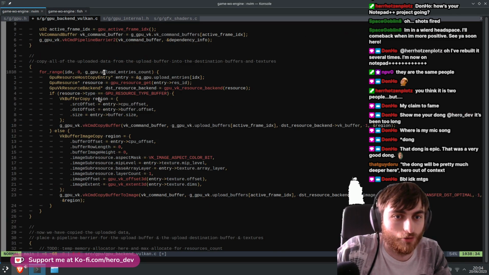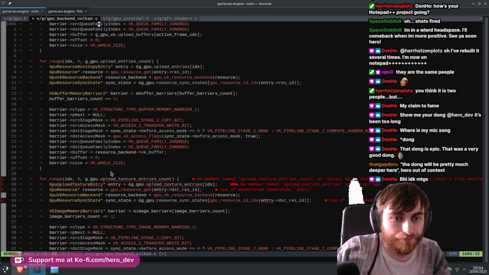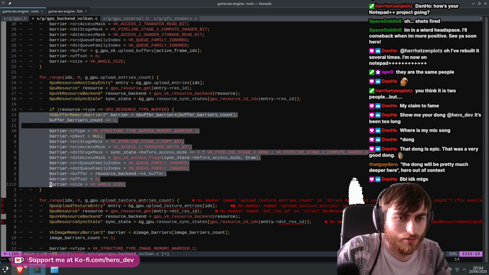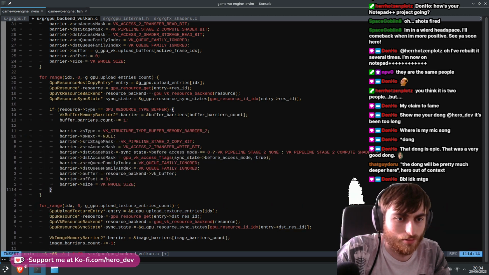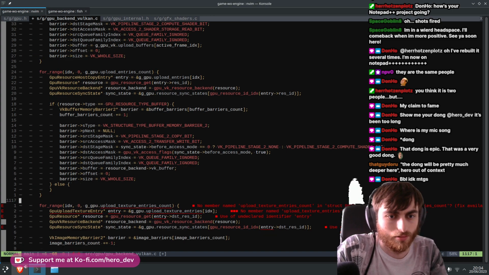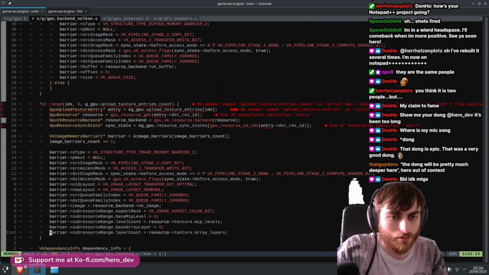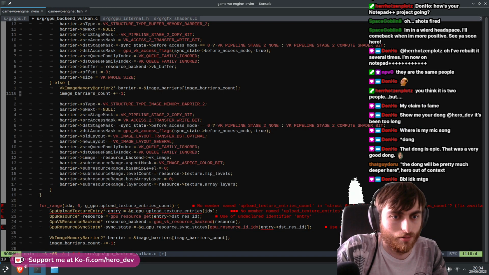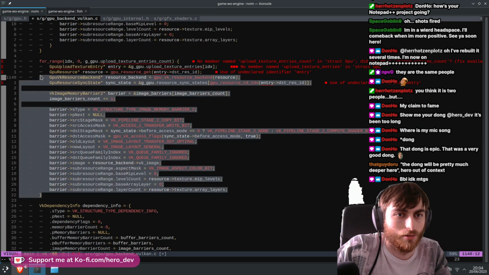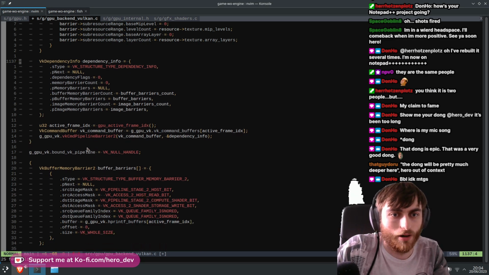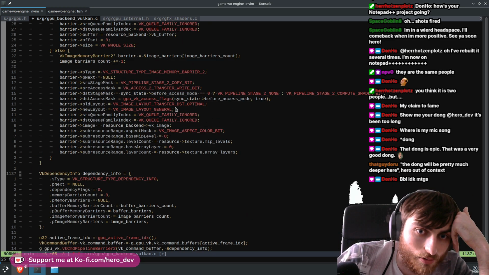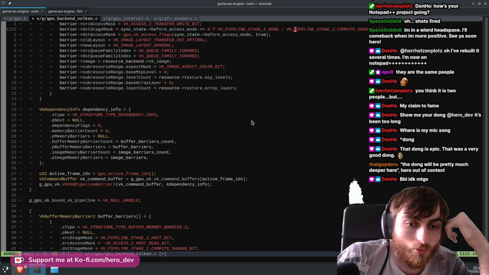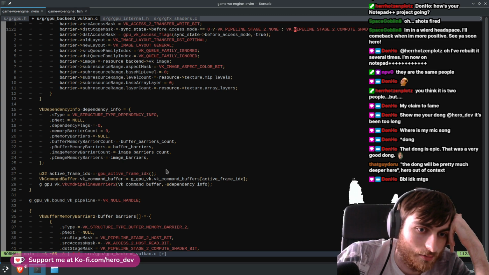But what's great is we can copy these three things and change them. If statement. And then if statement. Okay, so that can all go, and then we do the pipeline barrier, transition it back into being ready for the compute shaders to use it. Okay, right. So now we've got to do this thing again, but